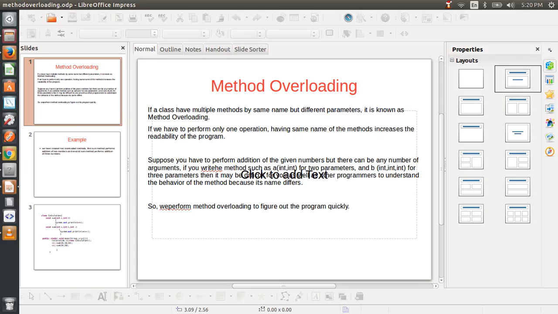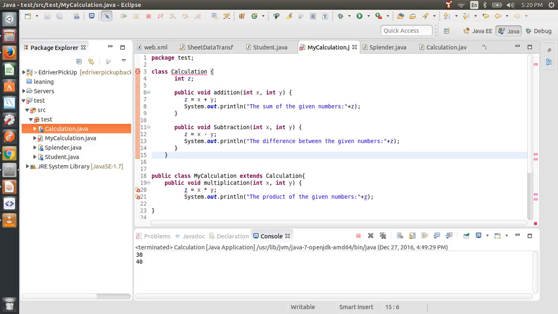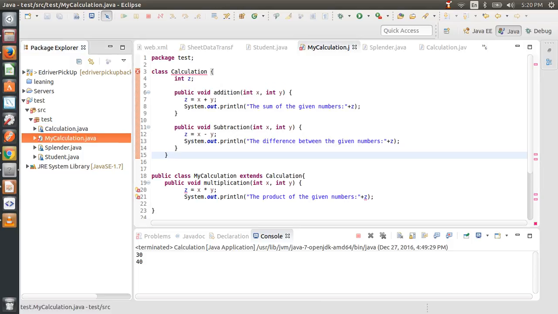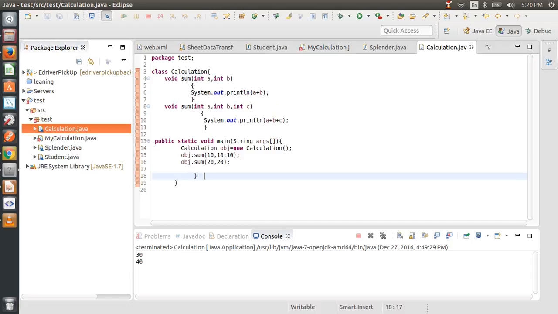Here we can see in Eclipse, the Calculation class has two sum methods, with the same name but different arguments. Here we are going to pass two arguments, and here three arguments, and after that we have created a Calculation object. When we run this program, first one